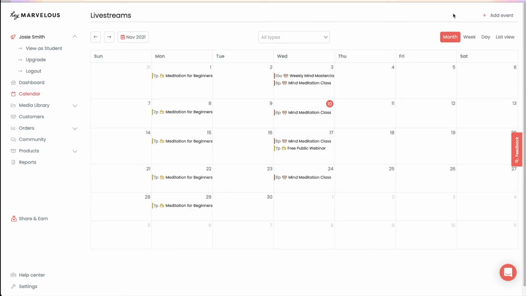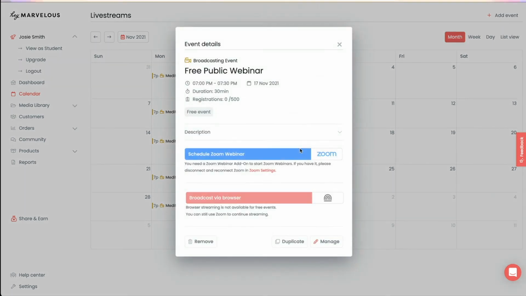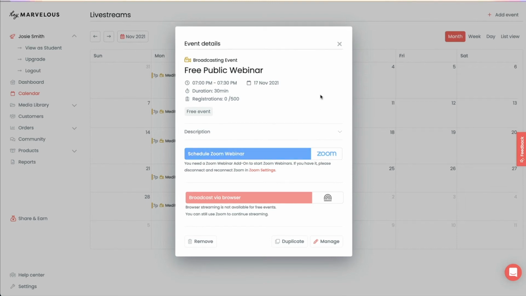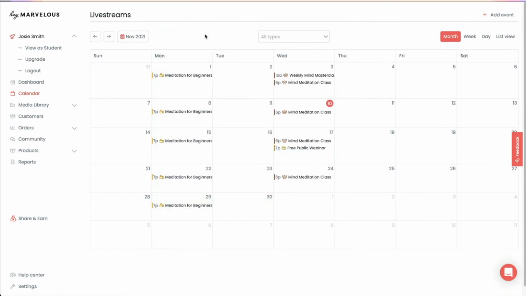Click save, and here it is in my calendar. To initiate the free public webinar, you do the same thing you would do for any other event. You click on the event, and for this you would choose Start Zoom Session. So we're going to have a look and see what this looks like from the student view. So just going over to View as Student